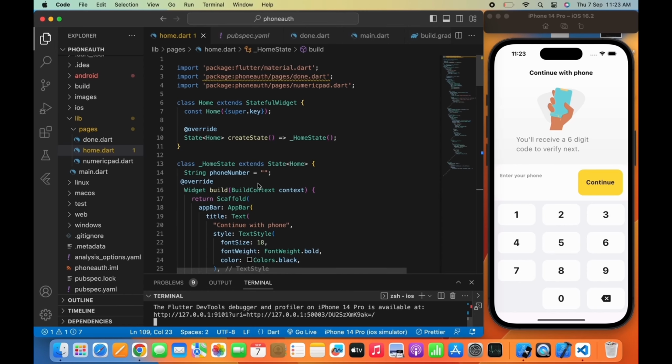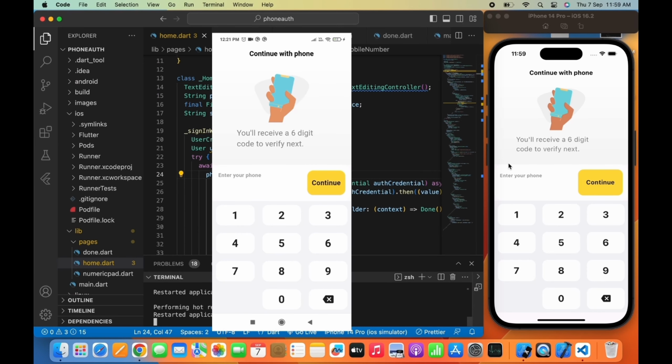So let's get started. But before moving to the code, I want to reveal the incredible app we are going to build together. So now I will test the app on my real Android device and I will enter my phone number and will authenticate through the OTP. So as you can see the screen of my real Android device, now I will enter my phone number here and will click on the continue button